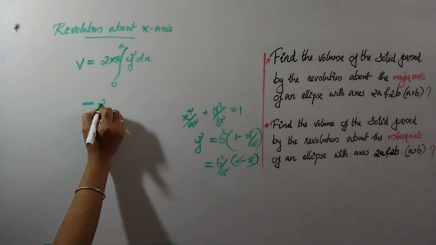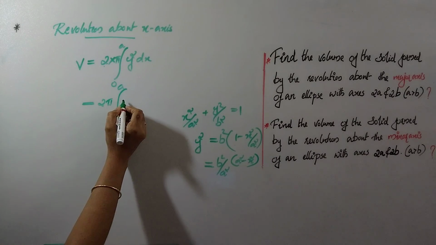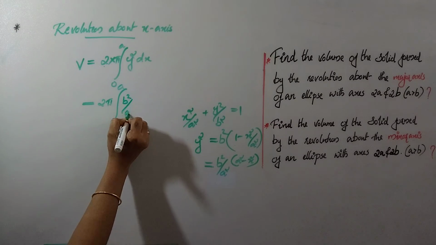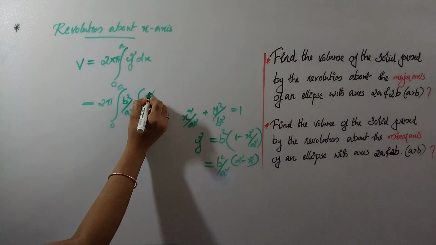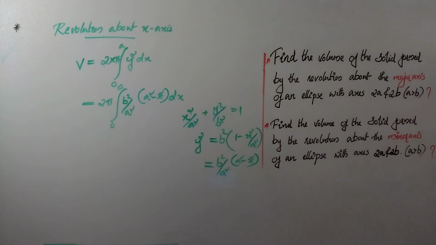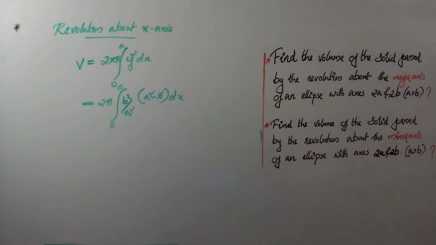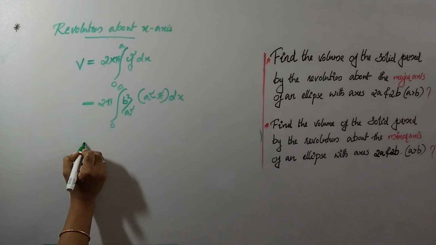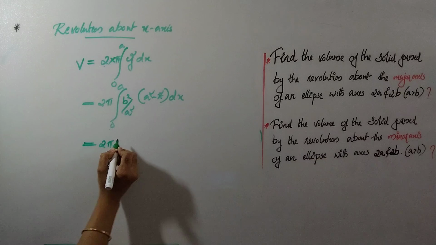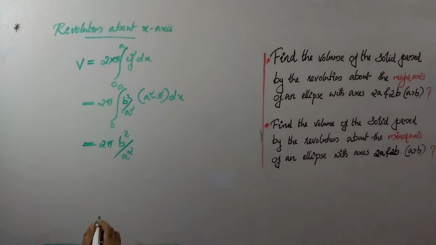This is equal to 2 pi integral 0 to a, b square divided by a square into a square minus x square into dx. That is 2 pi into b square divided by a square